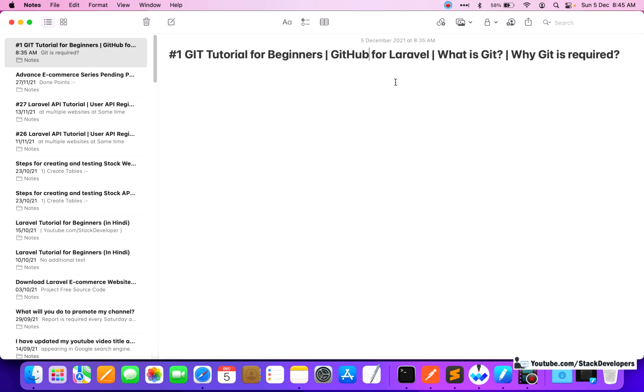And in this series, we will learn everything about Git, right from the basics to the expert level. Git and GitHub are commonly used terms these days, and every developer must have complete knowledge of them. If you are a student, the interviewer may ask you what is Git. If you are going for a web development job like a Laravel job, the interviewer may ask you about Git as well.